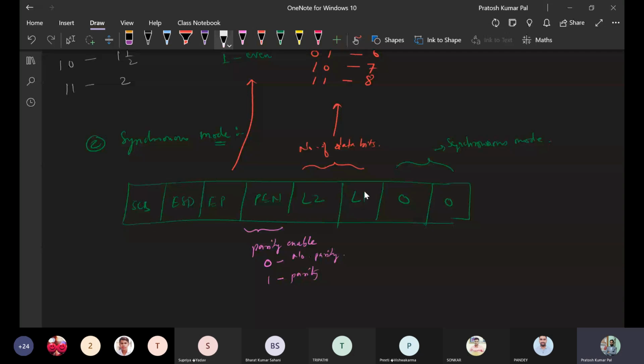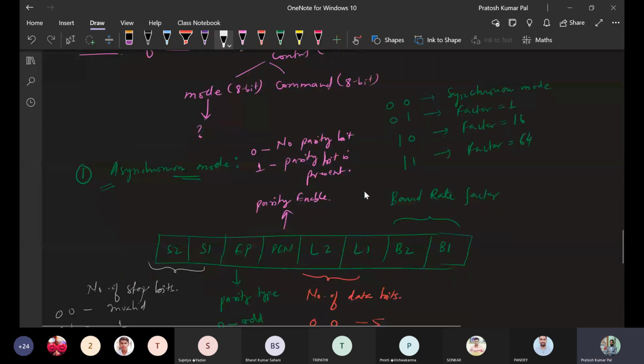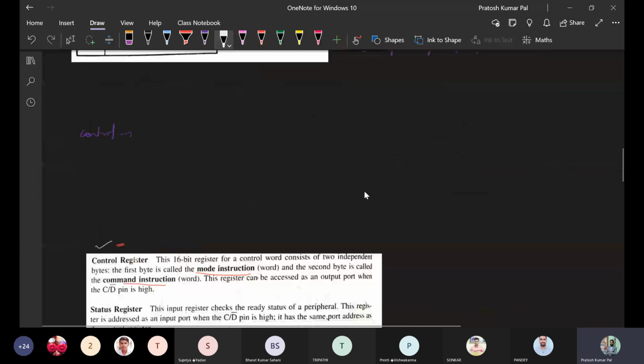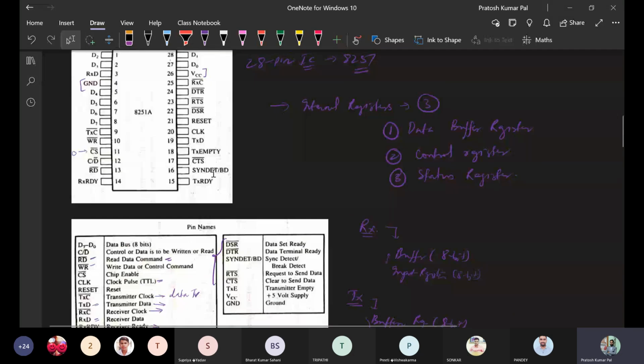The next we will see is ESD. This ESD is going to decide how the sync pin works. We have considered that in the pin diagram there was a pin called sync. This pin is sync detect or break detect.